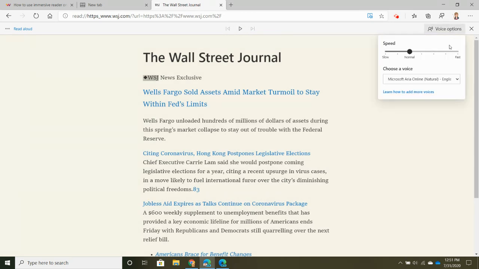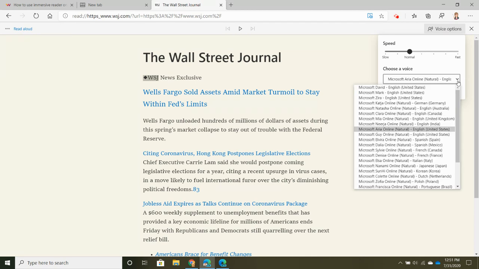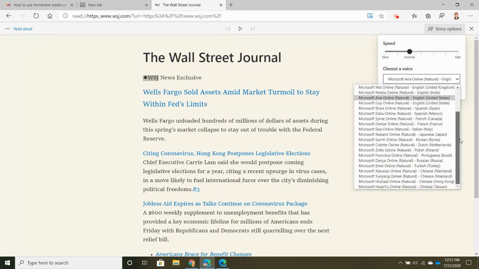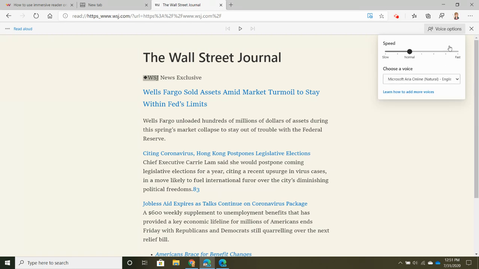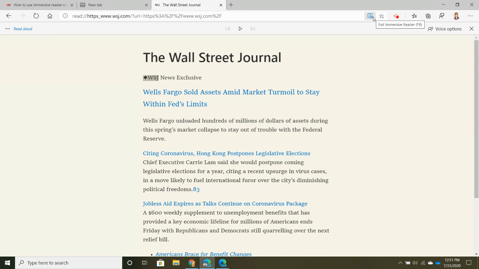So your voice options here, you can go fast, and we have a lot more to play with, unfortunately. So that is one of the big advantages of using Microsoft Edge. This is built in. It's not an extension. It's not an add-on. It's automatically in here. So for some of your students that don't like to read, your English language learners, this